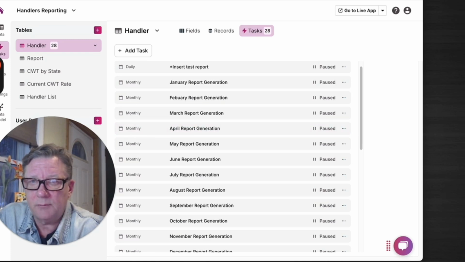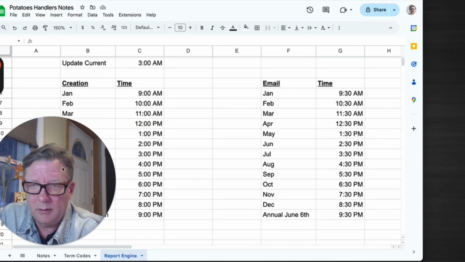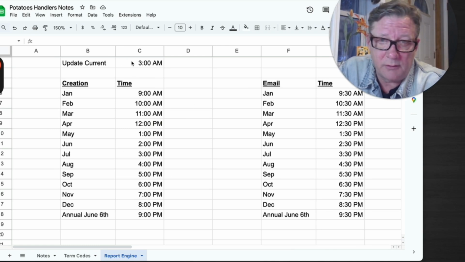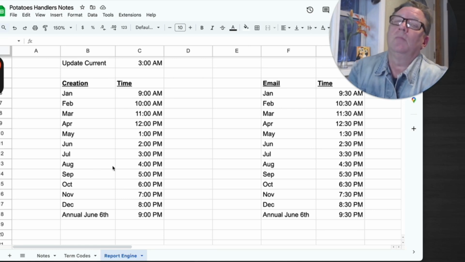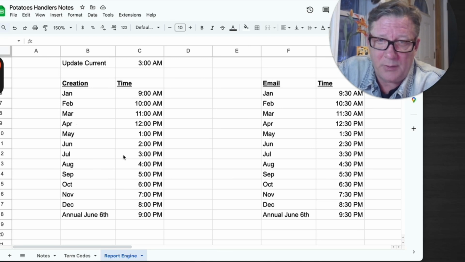Here's how I have this set up too. Let me look at here. I did this schedule. First of all, the current update task runs every morning at 3 a.m. And I just picked some other times. I may change these to earlier. But I made sure I don't want to run multiple tasks at the same time. I don't know that that's a horrible thing. This isn't a power task. So they're pretty simple. But I have my report creation running at 9, 10, the top of the hour